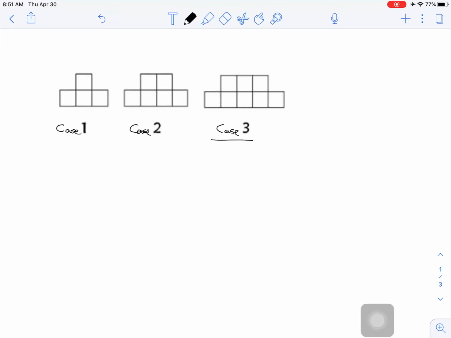Well, I noticed that in case 1, there's a stack of 1 two-block here. In case 2, there's a stack of 2 two-blocks here. In case 3, there's a stack of 3 of these little tower blocks here. And then I just add the 2 on the end. So case 4